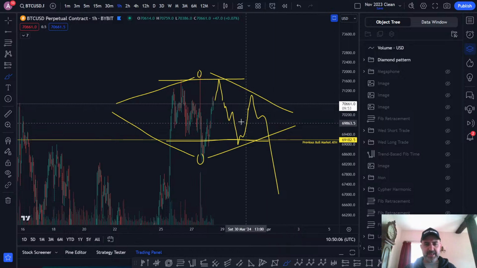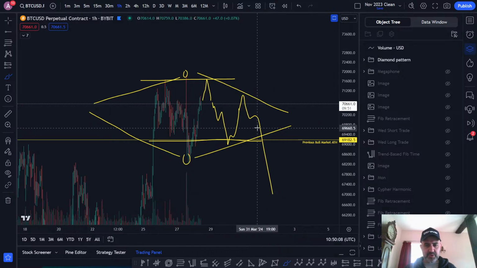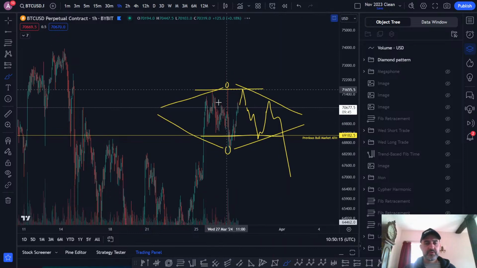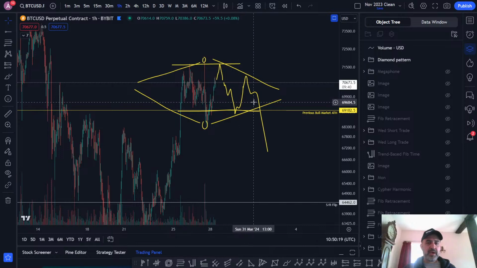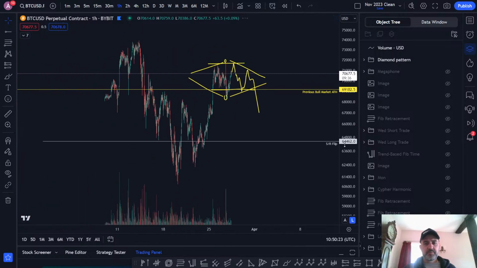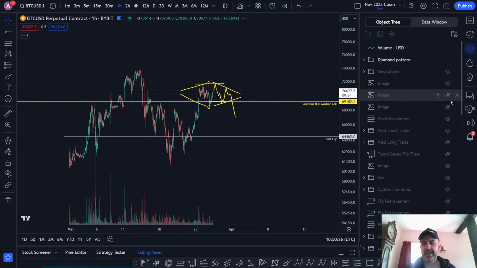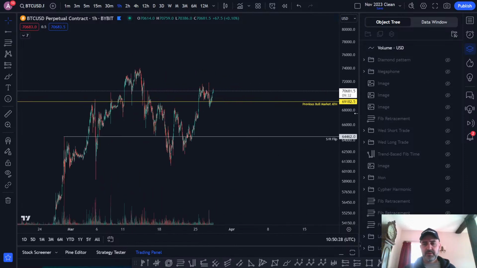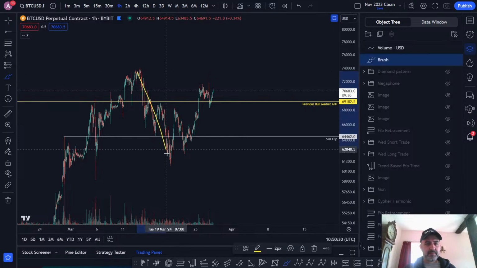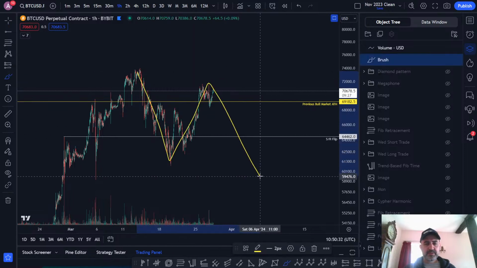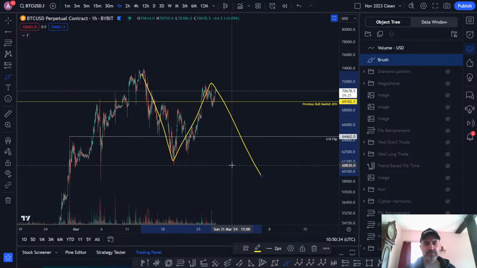But this pattern, if it plays out like this, it could go on to the end of the month. It could be range bound. So actually, I think this is probably the best case for the alts. And then you will see a sell-off after the alts have pumped by the end of the month. That will happen with Bitcoin. That will be your A, B, C. And that's probably what you're looking at.